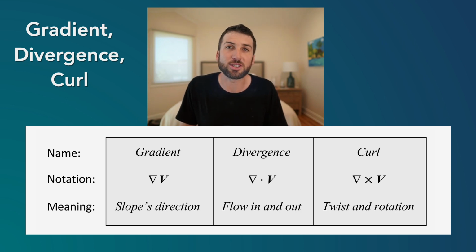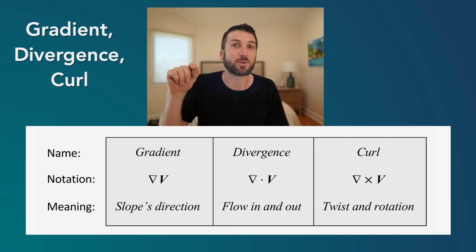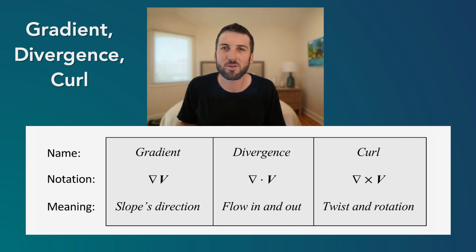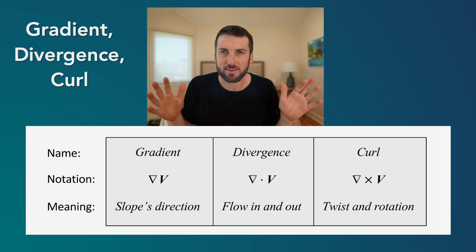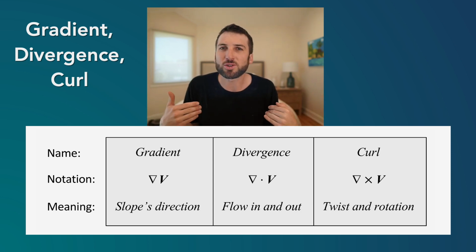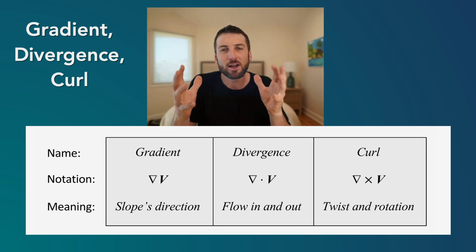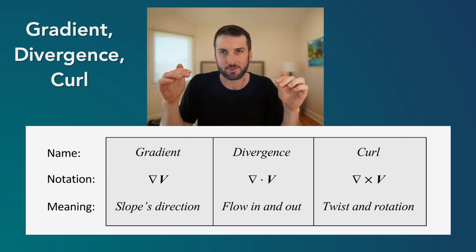Now the divergence is using something called the dot product. We're going to take the del operator, all the partial derivatives along x, y, and z, and use the dot product on the vector field. We won't go into exactly the mathematical notation of this, but I want to describe the geometric meaning. Basically, the geometric meaning of the divergence is the flow in and out. So if there is an imaginary sphere, what is the flow in and out?